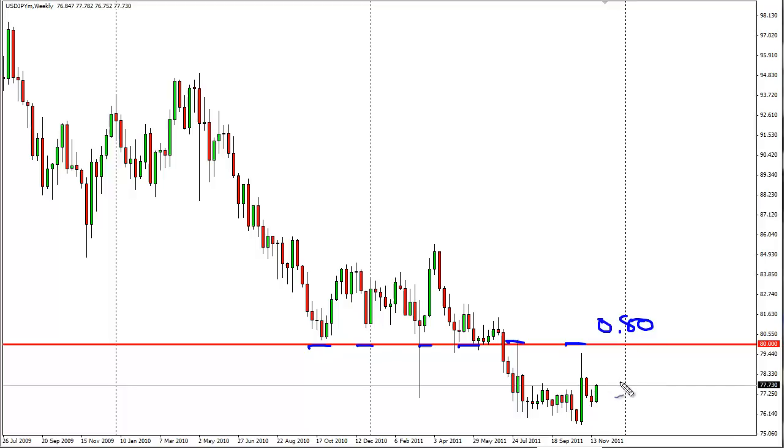Having said all that, I believe personally that we will probably continue to rise as people buy the dollar. This is more of a run to the dollar as opposed to a run from the yen. And this is probably a reaction to the euro dollar, dollar Swiss, and everything else that is leaning heavily towards the dollar. I believe that a pop in this could continue, but at 80,